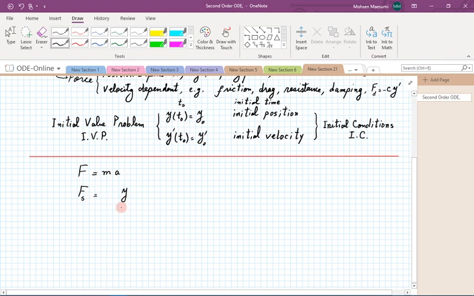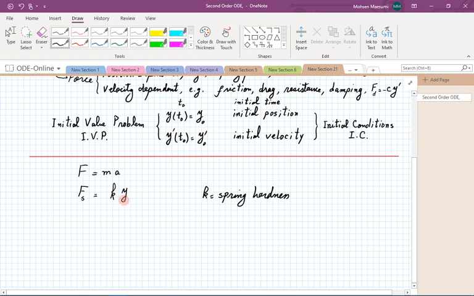So force is proportional to displacement, that is y. Depending on how hard the spring is, we are going to have some constant k. So k is going to be referred to as a spring hardness constant. Those of you who are coming from engineering, you are going to study that much more extensively under the title of Hooke's law. But right now we just have force is proportional to y, and when you stretch the spring, the restoring